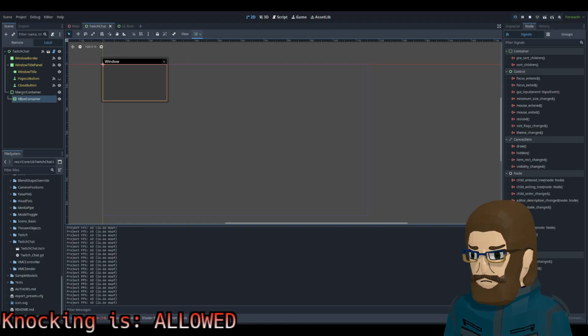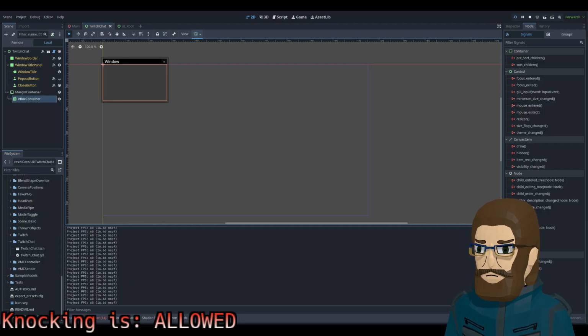How to simply show a window in GoodOps? Because I don't know. Do we even need to extend control specifically? Because we just want to show what the window is, and Twitch chat already is a window. We just want to show the window.